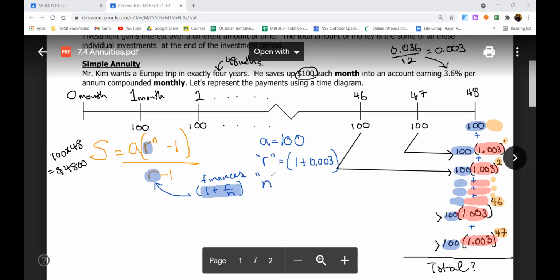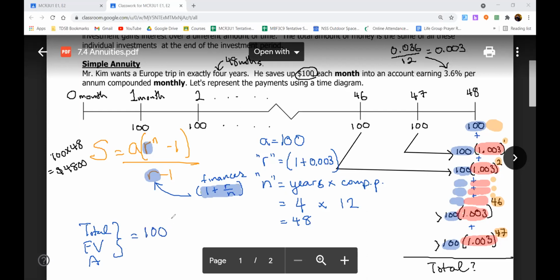What is my n in this case? Well, that would be the number of years times compounding period. In other words, it's going to be 4 years, but I do it 12 times. The n value is going to be 48. So let's plug this in. The total, or future value, or final amount, whatever you want to call it, is equal to 100 times R to the n minus 1 divided by